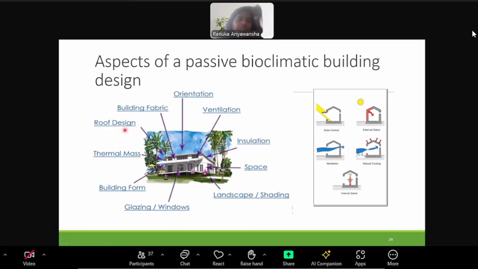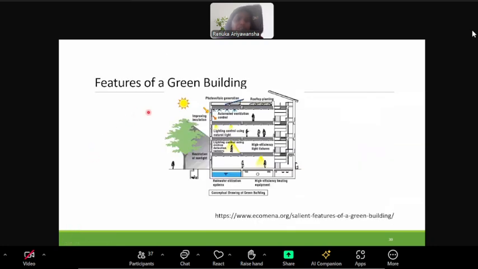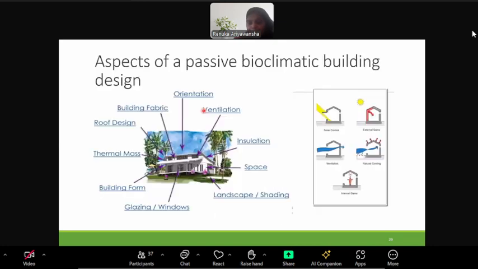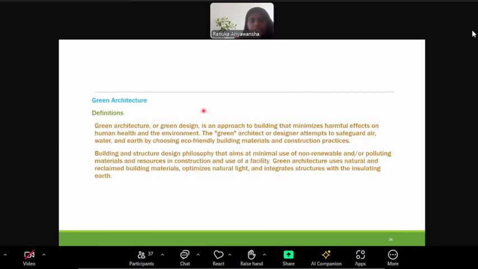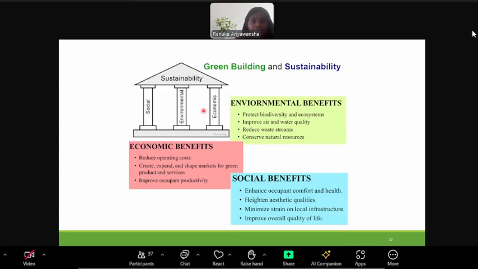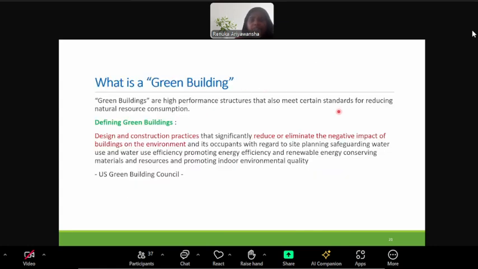So these are the aspects that we have to consider in green building design. And here you can also see some of the features of a green building. I think you can remember the main objectives of this green building. In the definition, it's mentioned that we reduce or eliminate the negative impact of the building